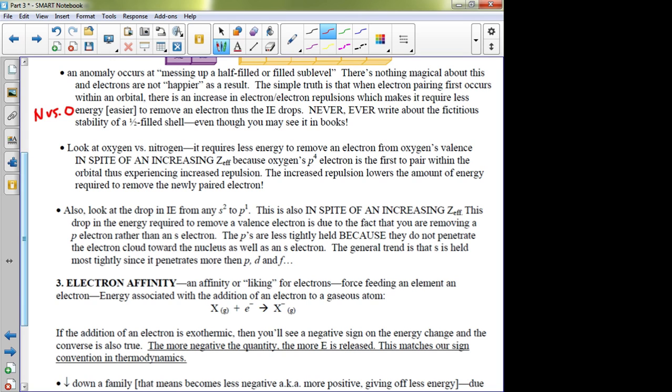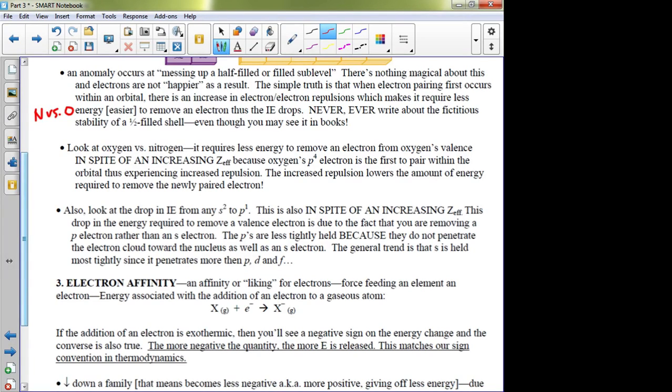Just getting oxygen. Oxygen, right? What happens as I go across the periodic table to my effective nuclear charge? It increases, okay? So nitrogen versus oxygen, who has the greater effective nuclear charge? Oxygen, okay? So who has the more positive nucleus? Oxygen. So whose electrons are more strongly attracted to the nucleus? Oxygen's. So who should require more energy to remove an